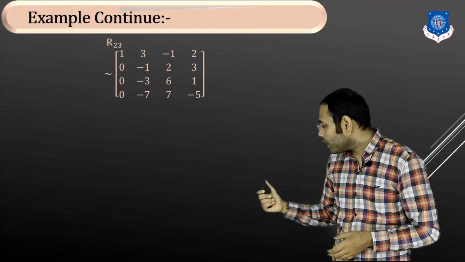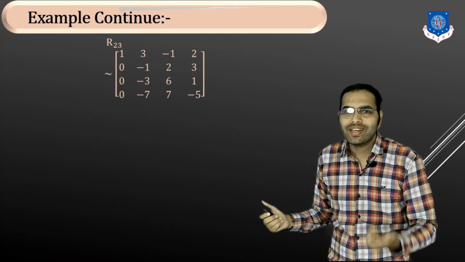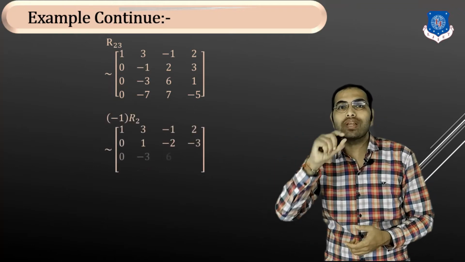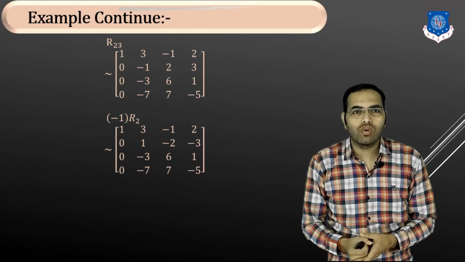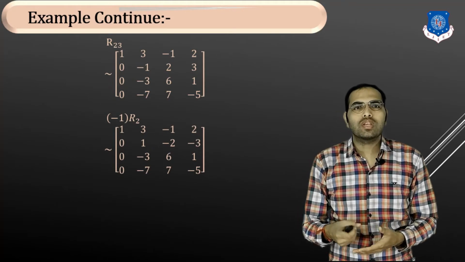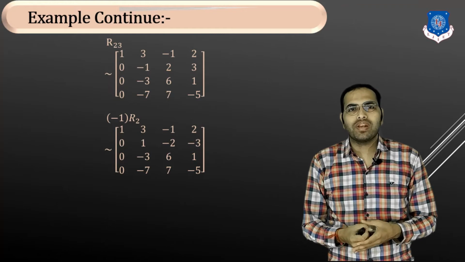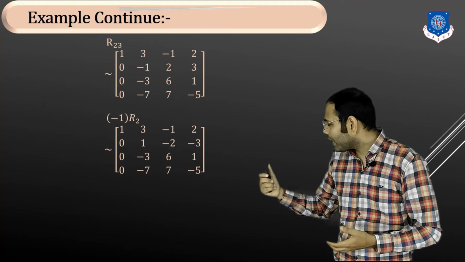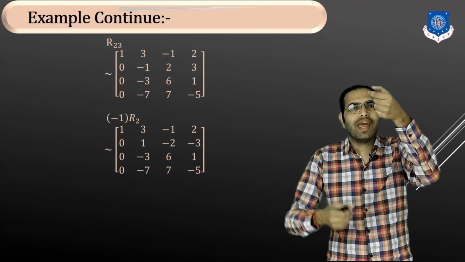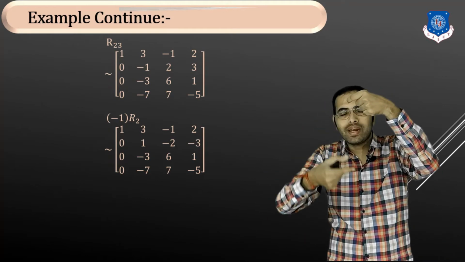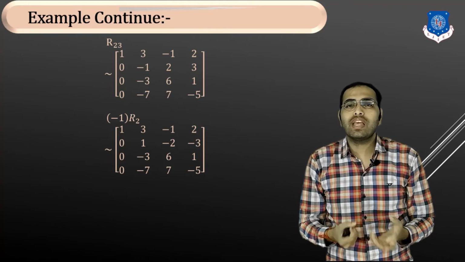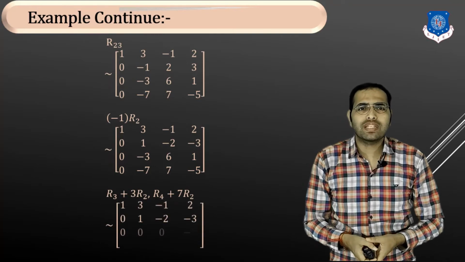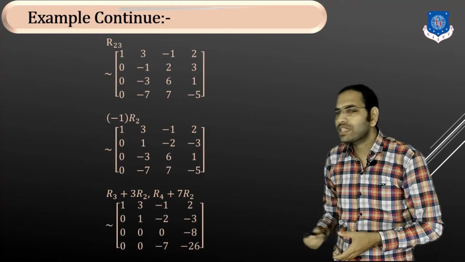Here again our second leading element is minus 1, so to make it 1 we multiply the second row by minus 1. Then it gives 1 3 minus 1 2, 0 1 minus 2 minus 3, 0 minus 3 6 1, 0 minus 7 7 minus 5. Now with the help of that leading element, the remaining entries below it are made 0 with row operations R3 plus 3 R2 and R4 plus 7 R2. Then our matrix becomes